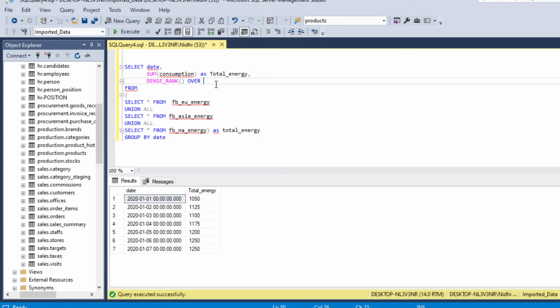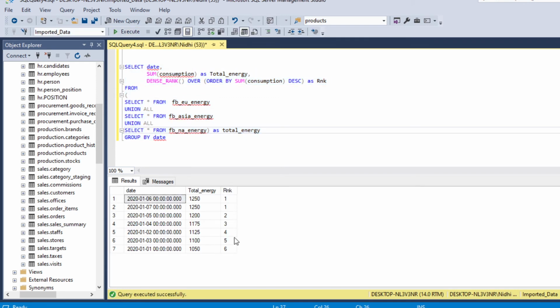So over order by sum of our consumption column, which is our total energy, in descending order as rank. Okay, so let's run this code now.